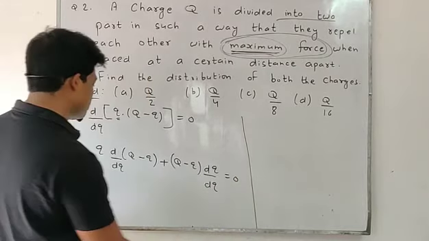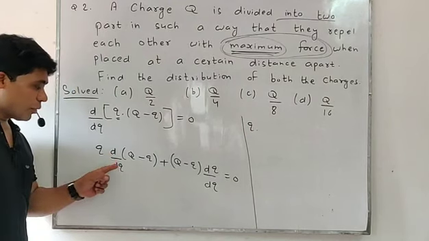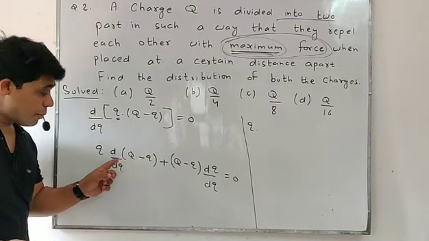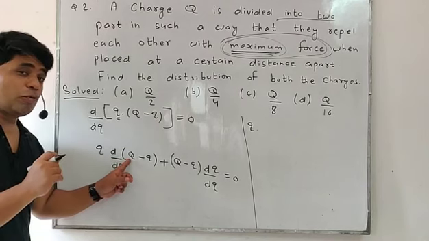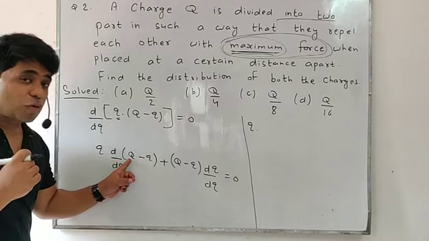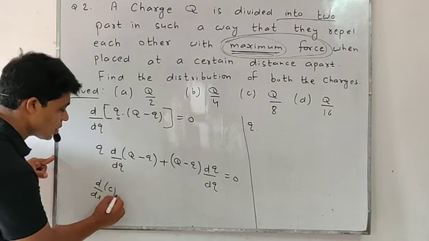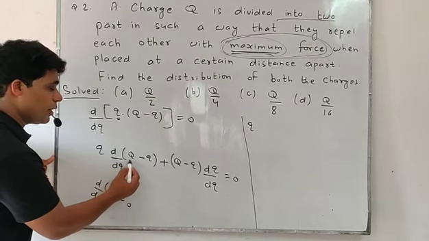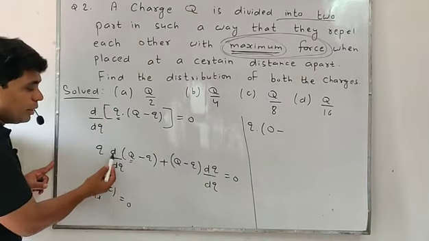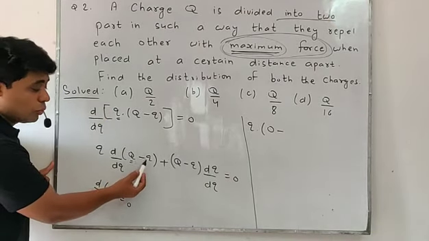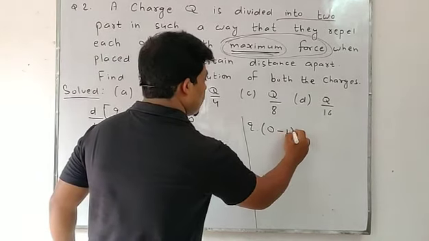Now students, small q remains as it is. Here capital Q will be constant. Why? Because we have to differentiate with respect to small q. So for small q, capital Q will be constant, and we know the differentiation of a constant is what? 0. D by dx of a constant will be 0. On account of that, its difference should be 0. And d by dq of small q, differentiate of q with respect to q, should be 1. I will tell you how.